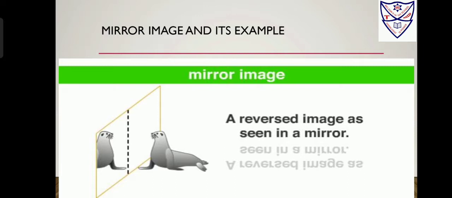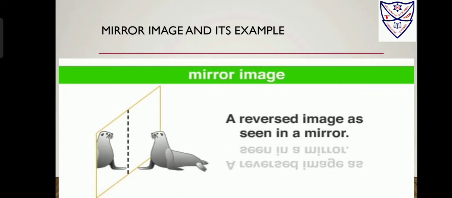Now here something is written in the mirror. See, a reverse image as seen in a mirror. These handwritings also show the mirror image copy. How will it look in the mirror when you see these alphabets? Now, have you noticed also on an ambulance it is written reversed? Why is it written reversed? Because when the person is driving and sees in his mirror, he can read out ambulance properly and then he will allow the ambulance to go first. So this is the only reason.